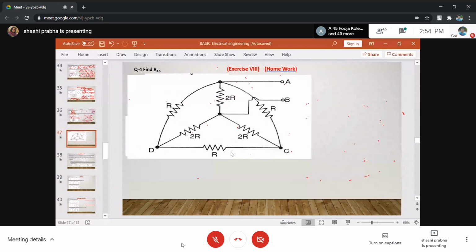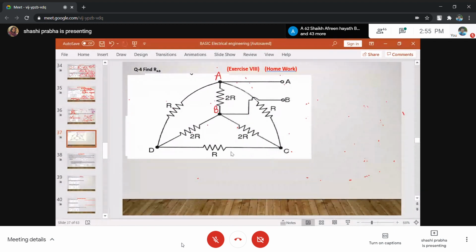Can we find some series, parallel, star-delta or something? A and B, we will not touch these. This we will keep as it is. So you find, this is useless for us. If I say this is A, this is B, and this is C, we will not touch A and B because this has to be maintained. Let us see some other star-delta.